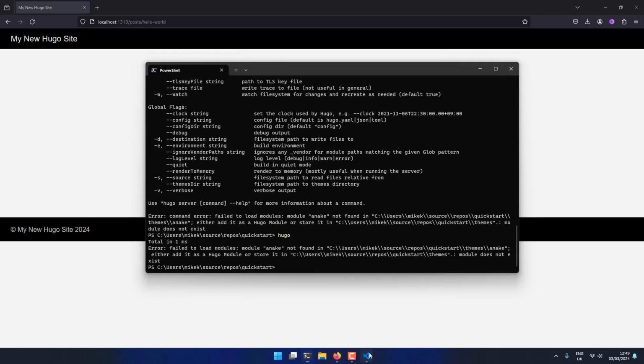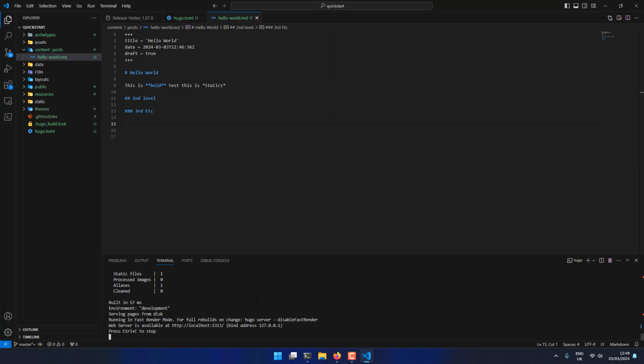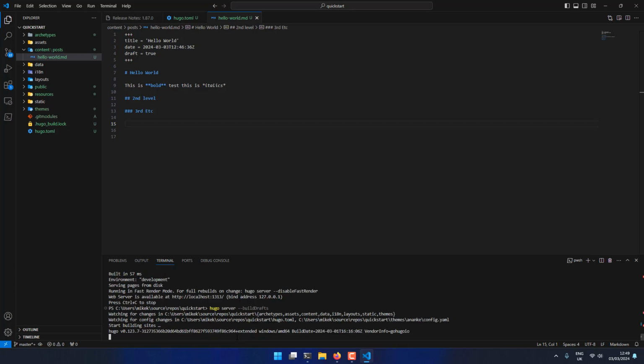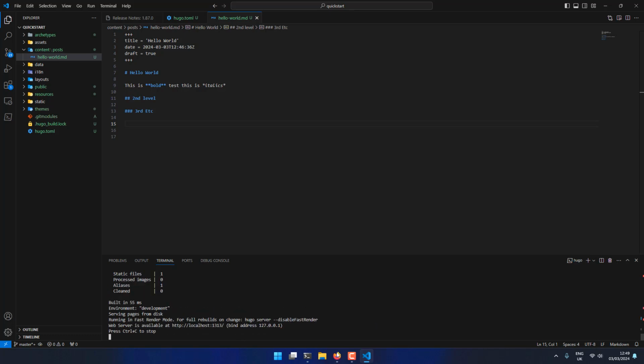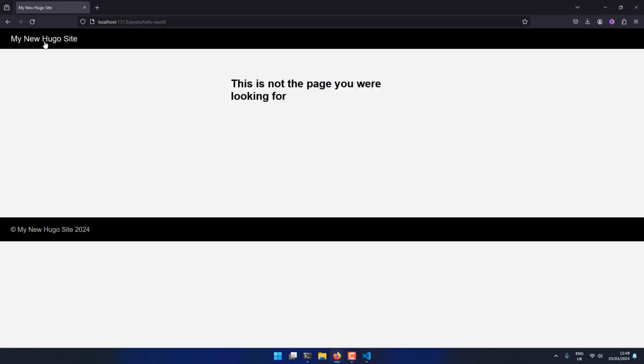Sorry, let's go back to VS Code. Control C. Do hugo server -d, or we could also do --build drafts. Does the same thing. Hit enter. And now when we go to the site,